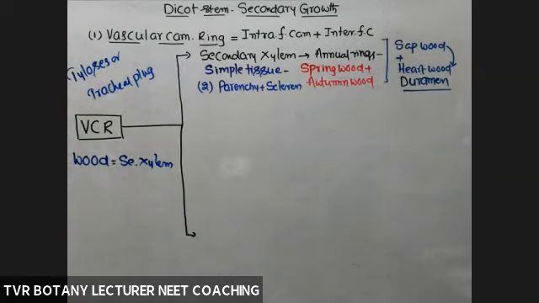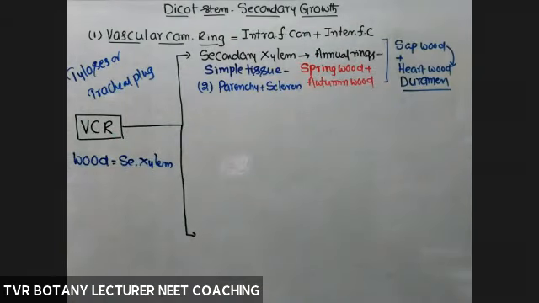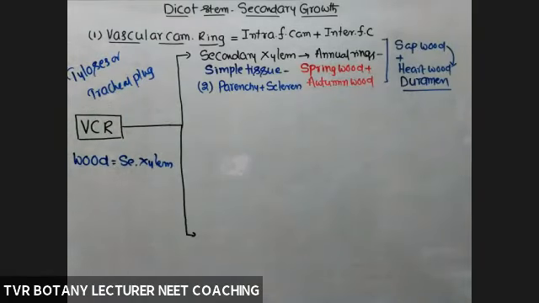Okay, come back. So what is wood? Wood is nothing but secondary xylem. Please mute. Secondary xylem. So here, what are the questions possible out of the so-called secondary xylem? Annual rings are present in sapwood, heartwood. Yes, acceptable. And what type of simple tissues are present? Parenchyma and sclerenchyma.